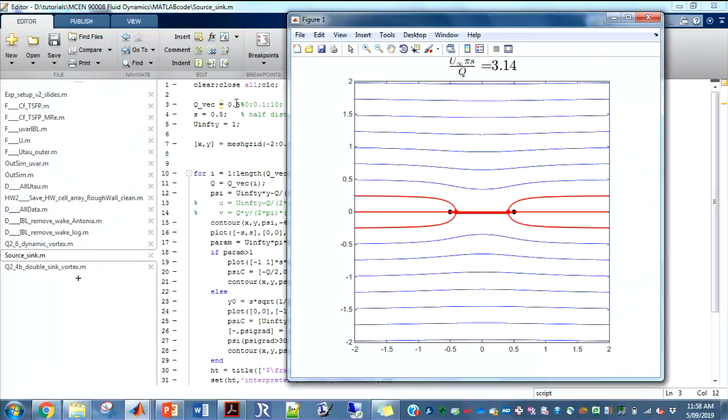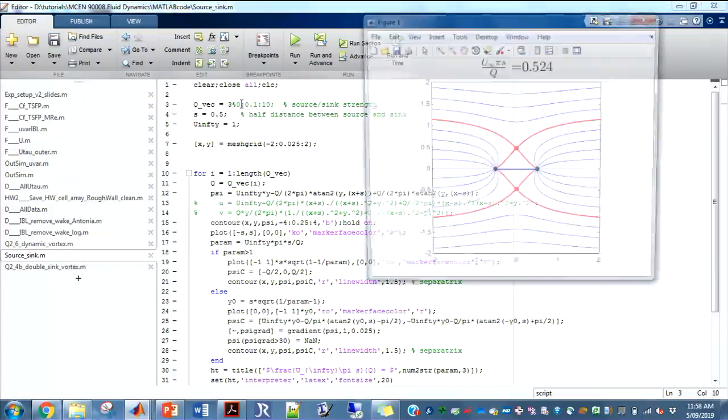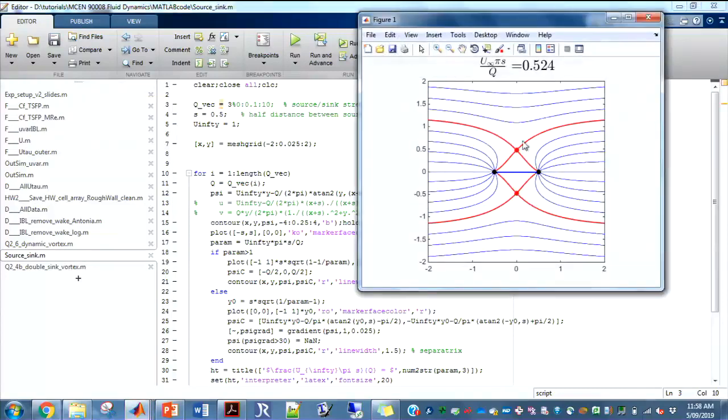But once the strength of Q has been increased to this, for example, the two stagnation points are moved onto the y-axis. So the sink and the source are getting stronger and stronger, and it takes longer for a particle to go out of the source and travel before it is forced to turn back by the free stream. Okay, so